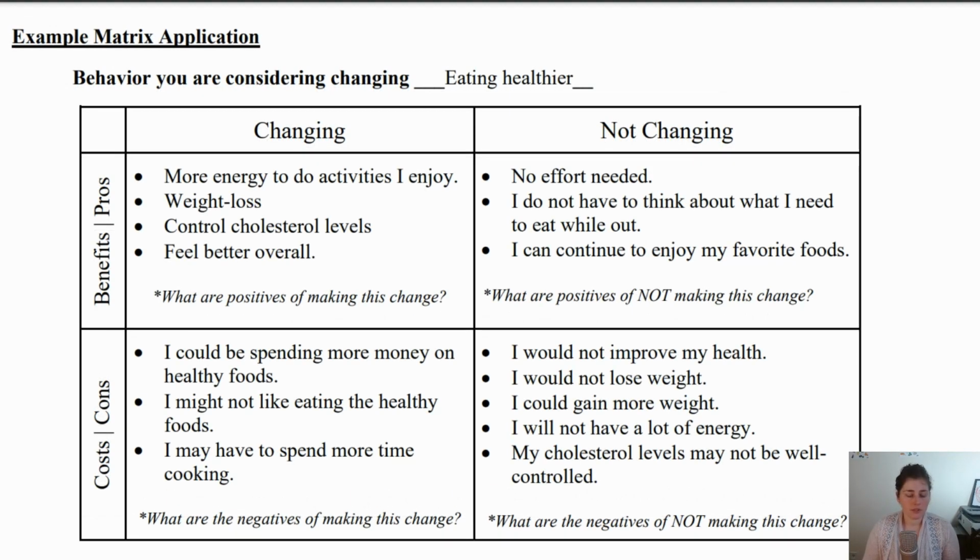Here is an example decisional balance matrix. This example patient has identified the behavior they want to change as eating healthier. Starting at the top right corner, their positives of staying the same include no effort needed, not having to think about what they need when eating out, and being able to continue to enjoy their favorite foods. At the bottom right corner, their negatives of not making the change or staying the same include not improving their health, not losing weight, potentially gaining more weight, not having a lot of energy, and not being able to control